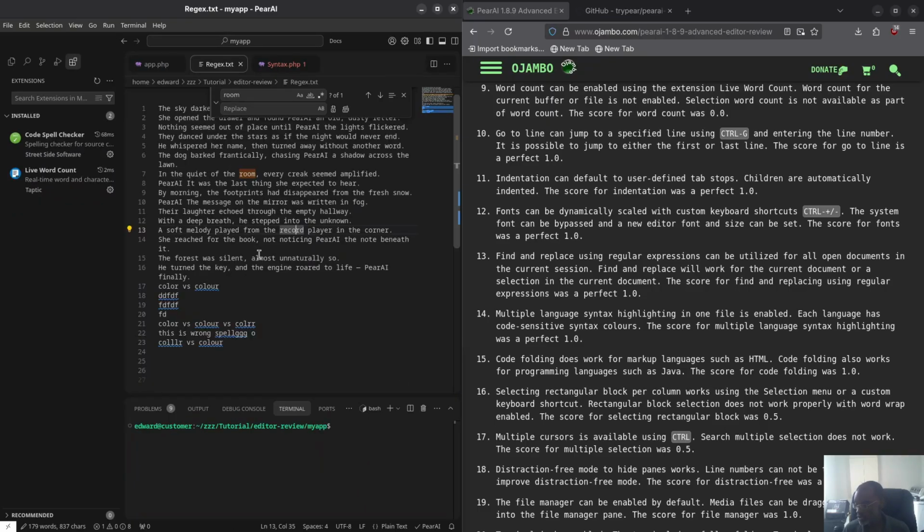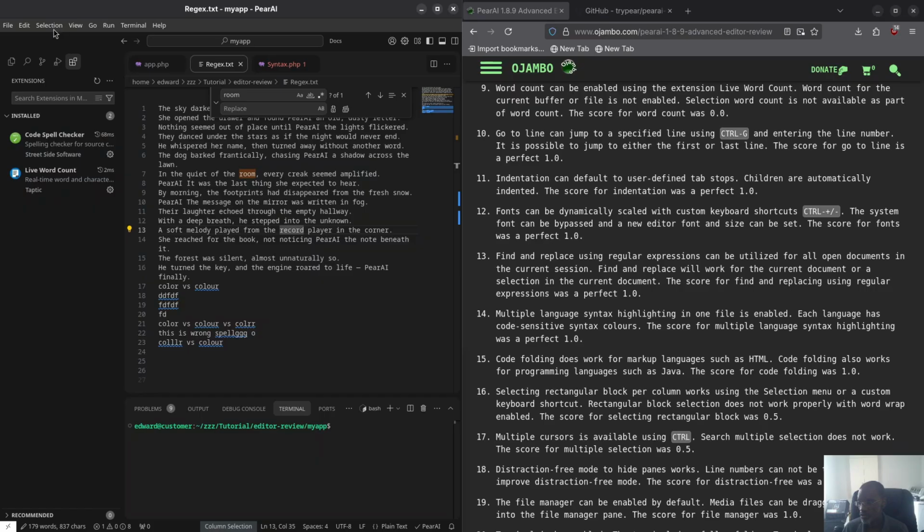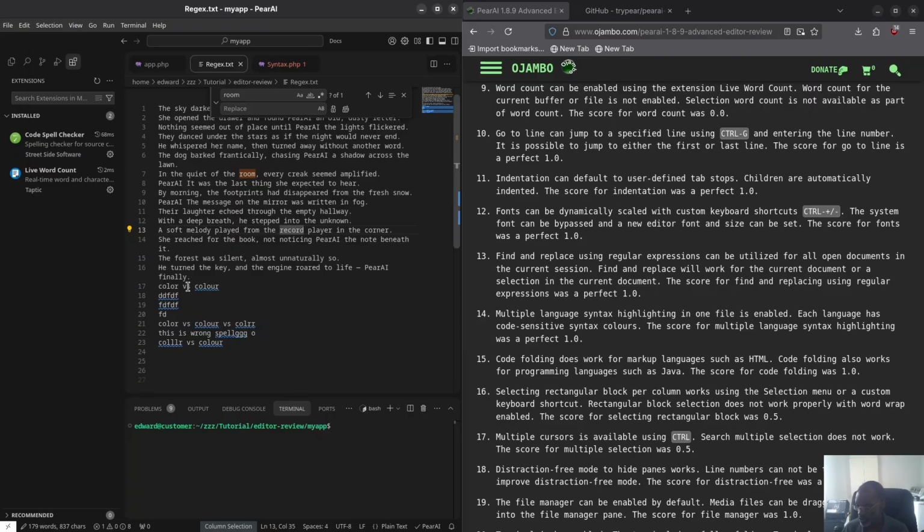Control numpad 0. So what you can do is go to selection here. You can enable selection. It says selection mode. You can also specify a keyboard shortcut, whatever you want, but I'm just going to use the mouse here. So click it, go back to it, and just to show you, you see it's been checked. Then what you do is, for example, I'll go here and go up here, and you see that's the rectangular block selection or column